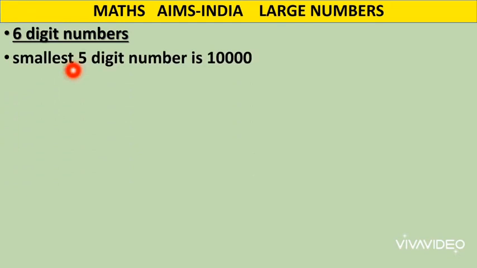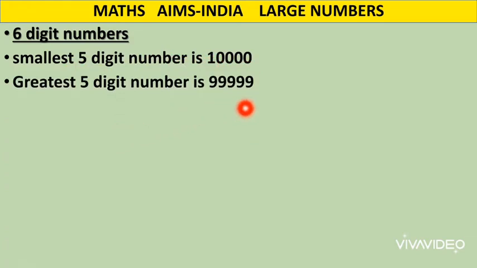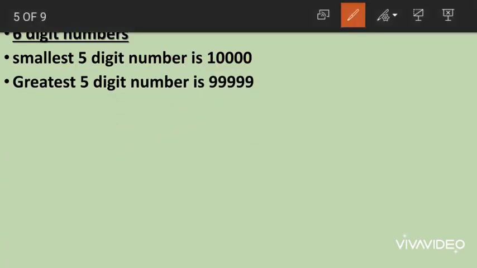What we have learned, that smallest 5-digit number is 10,000 and the greatest 5-digit number is 99,999. Again, remember this, children, whenever they ask you to write the smallest numbers. Now here they are asking the smallest 5-digit number. So make places for 5-digit number. How many digits does a 5-digit number have? Right, it has 5 digits, right? So I've made 5 places. And what we should do is, we should write 1 in the first place and then write zeros in the remaining places. This will give us the smallest 5-digit number.